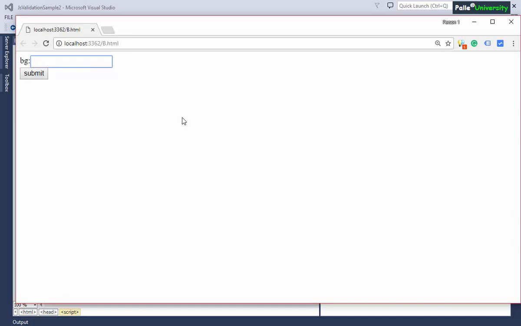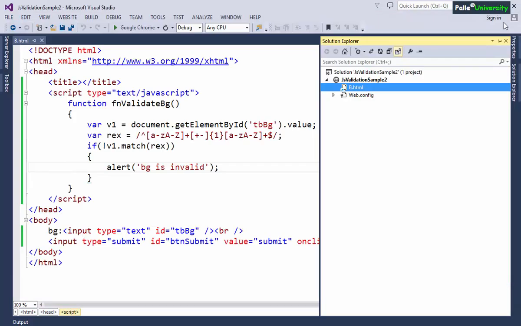I'll give O positive. You tell me, is this data valid data or invalid data? Definitely it is valid. Since this O positive is valid data, that is the reason why we are not getting any error. Now you observe carefully, without writing O positive or without writing O, let me click on submit button. Obviously we are getting the error message over here. So it means that my JavaScript function and regular expressions both are working properly. That's all.